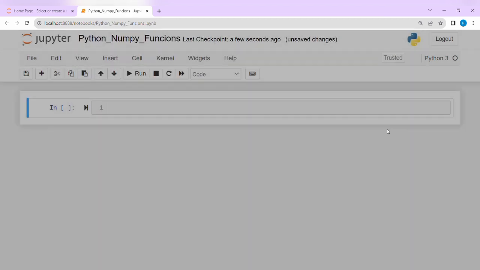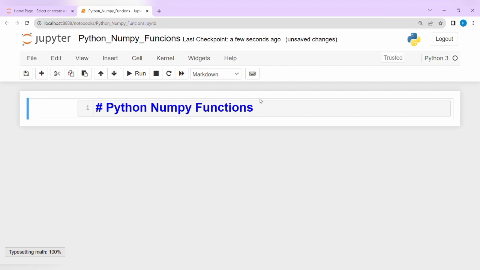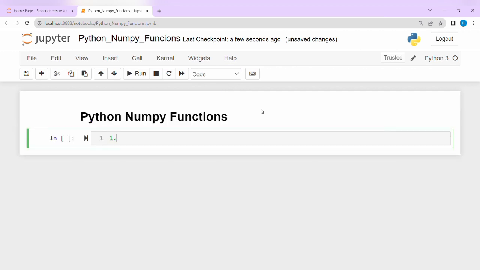Click on rename, write the title Python Numpy functions. Select here markdown, press shift enter. Now the first function that we can study, initializing